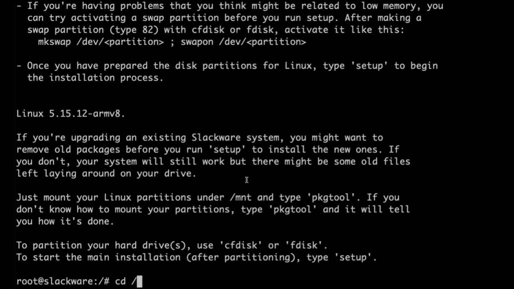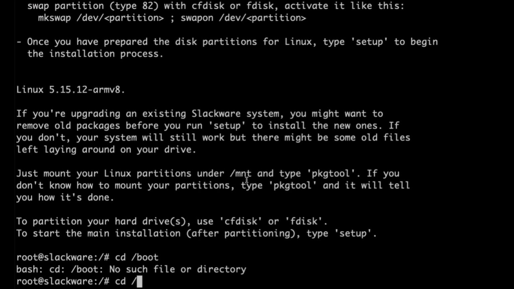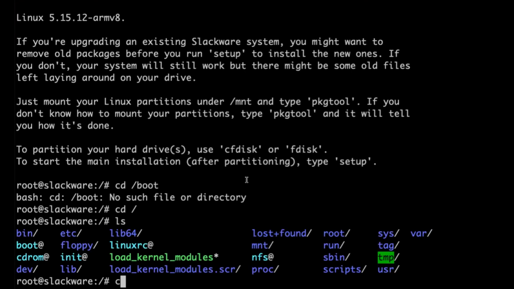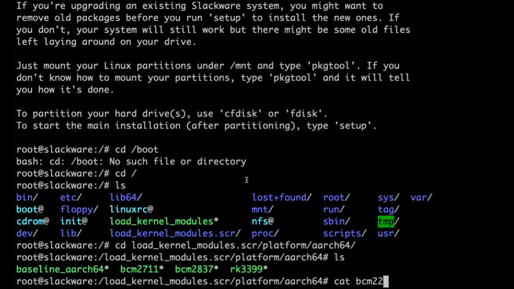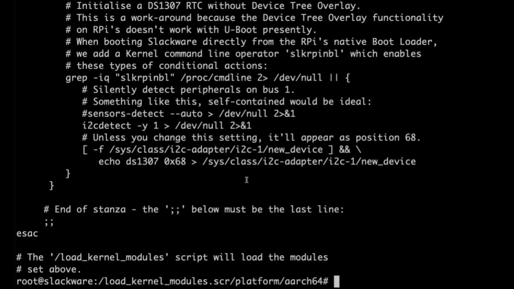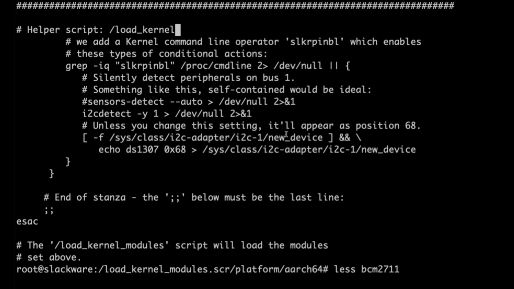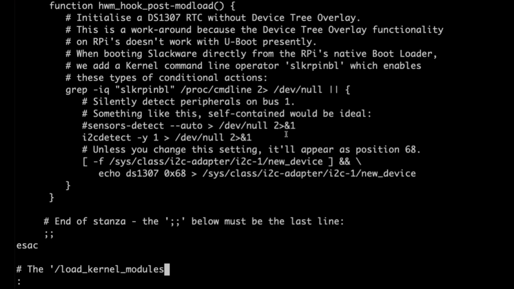Where is it? Boot. Oh, sorry, not /boot, / yeah. So if I do load.scr/27, one of the other things that I've done here, and this I thought was actually pretty useful because